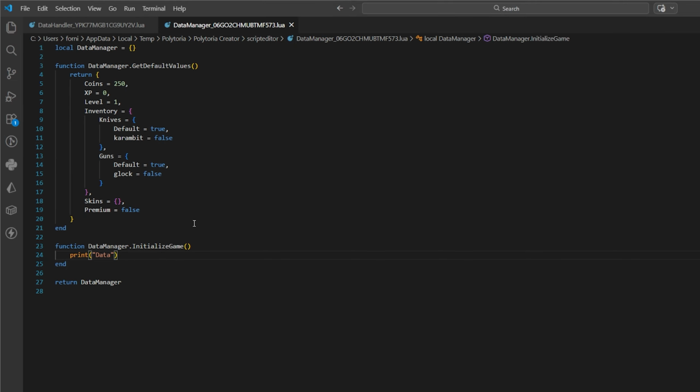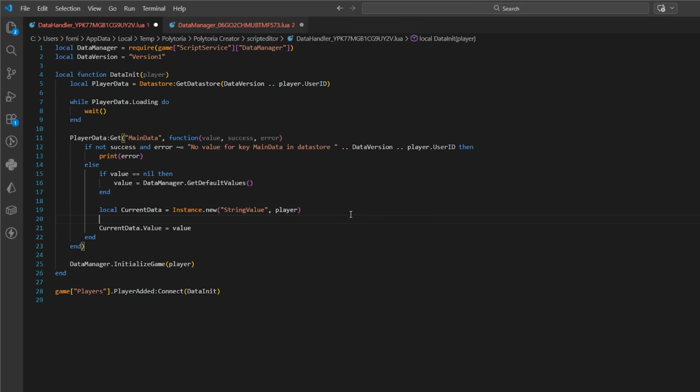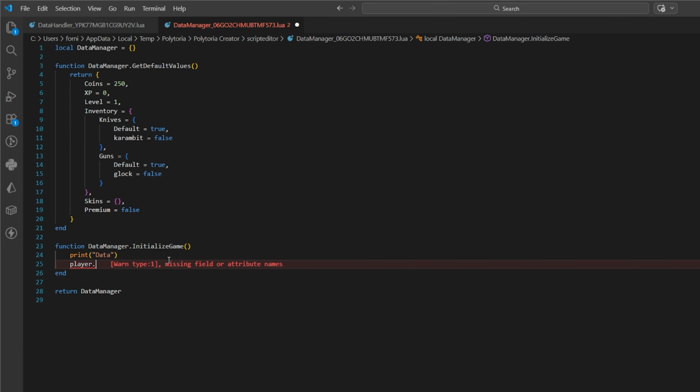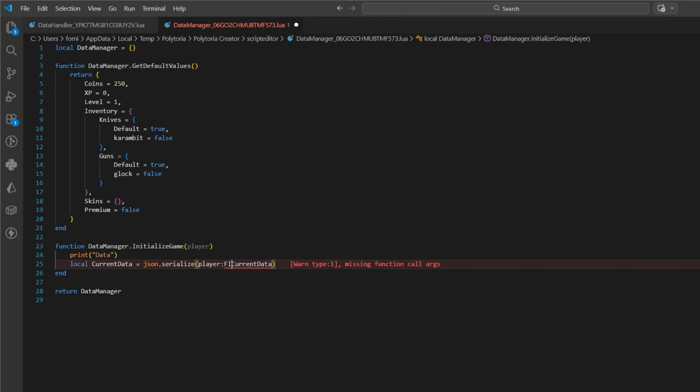So in here now, we can say player, and then here we could access this string value. We should give it a name: current data.name is equal to current data. And then here we could have player.current data, and we could say local current data is equal to player.current data. But then we need to go ahead and JSON.parse it. It's going to be JSON.serialize, and boom. Actually, a better way to do it would be to do find child